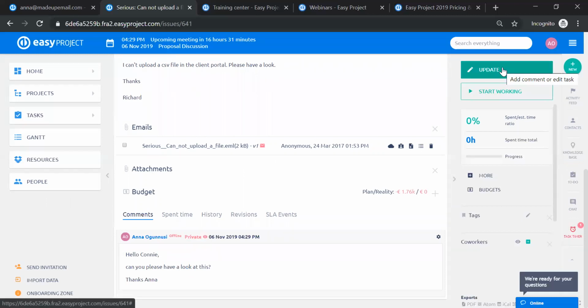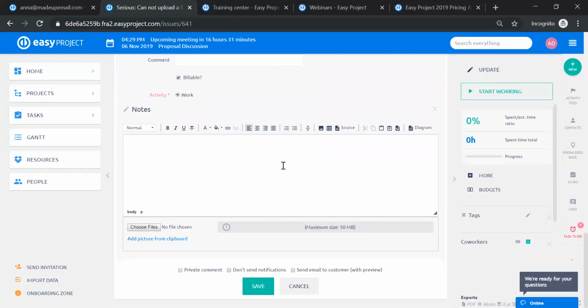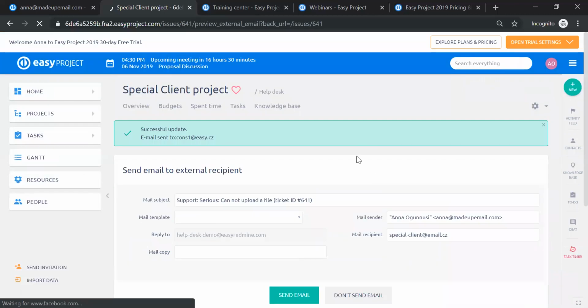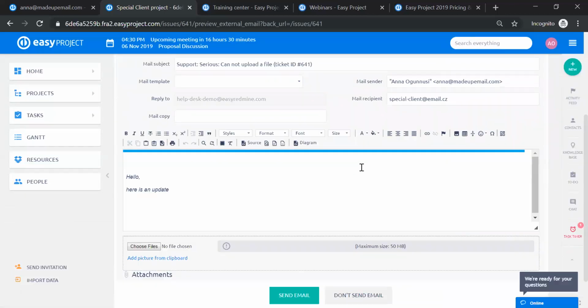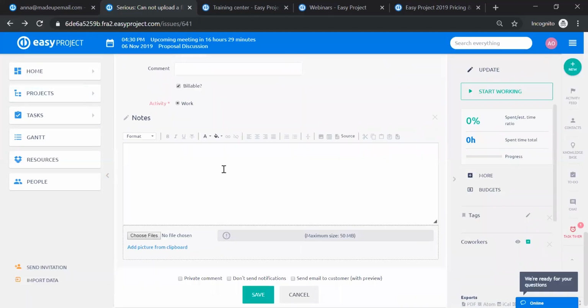What does it mean? That when Connie replies to us and we want to create an update, so I'll put it on myself back, and I'm sending an update to a client. Hello, here is an update. Then send an email to a customer. The update that I have sent to Connie is not showing here. However, if I did it differently, and I would create